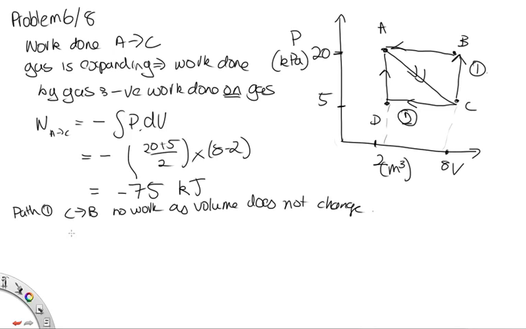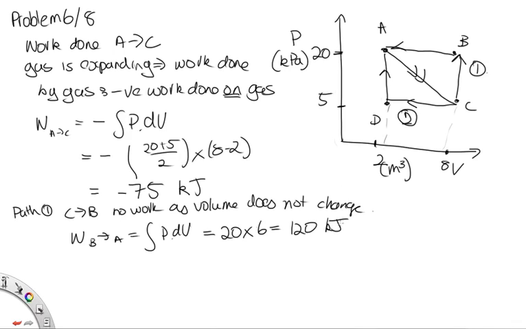So now we need to calculate the work from B to A. This is a compression, so it's a positive work, and it's equal to the area under this rectangle here, P dot dV, which is just calculating the area. It's 20 times the width, which is 8 minus 2 times 6, so that's 120, and again it's kilojoules because